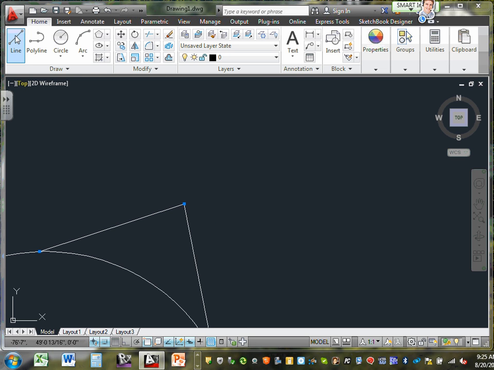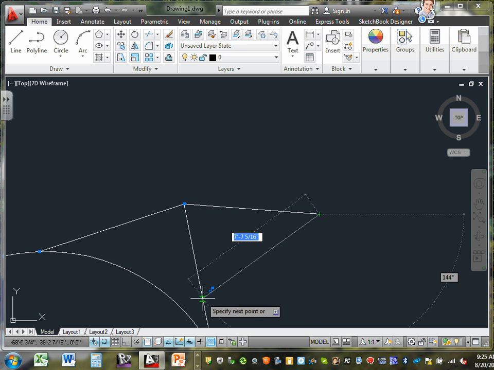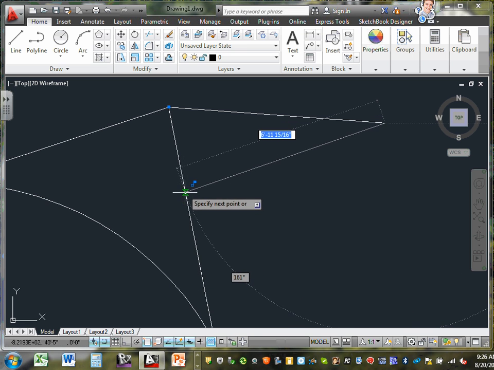Okay, take another wire. I want to attach it. Can you guys see immediately right here? It will snap it to the end of that line. Right here. Now, look at this. It snapped it to nearest. I want to snap. So if I want to snap these two together,